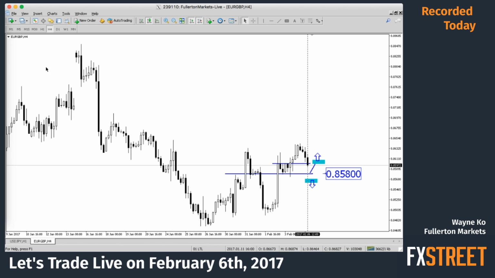Of course, towards the end of the week, do watch out. There are some key data to be released for UK that definitely may have an impact on this pair as well. But that is on Friday already. In case it triggers one of these and you are in a position, do manage it on Friday afternoon, GMT+8 afternoon,